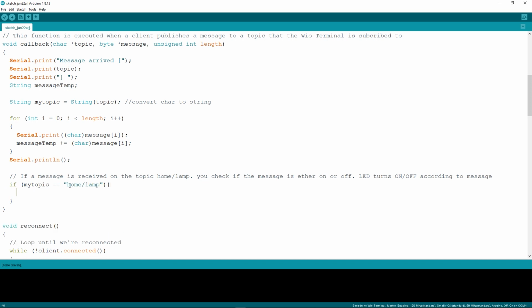So if my topic equals this topic, so this is a string. So that's why I configured my topic as a string. So here if the message temp, which is the message here, is on, so we have set this as a string also. So if the message is on, then we will turn on the LED.